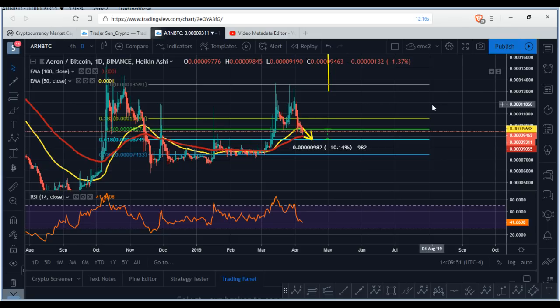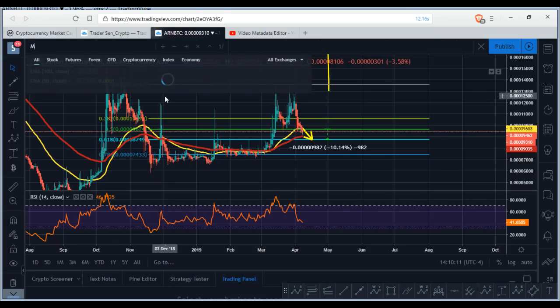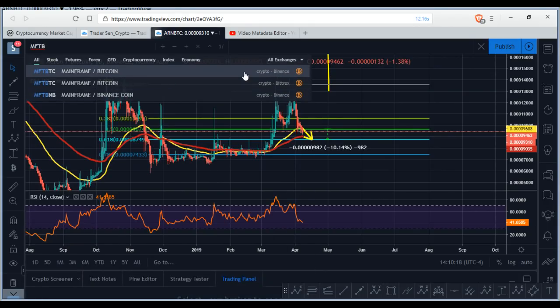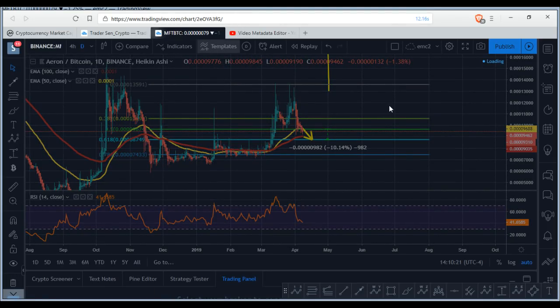KW, looking for Siacoin, MFT. Siacoin is looking pretty bullish. I'm gonna take a look at Siacoin also, right? Let's take a look at MFT first. Where can I find MFT? Binance, MFT BTC. Binance has it. Mainframe,